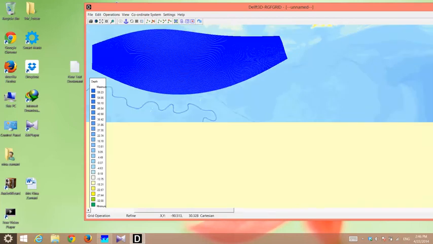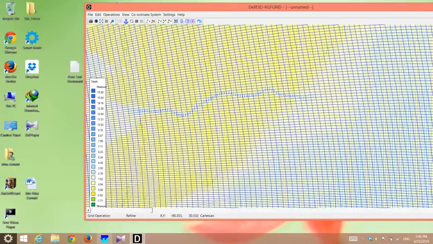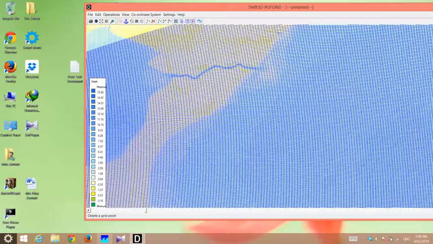Anyway, if in some dry points you don't want grid cells, you could easily come here. Of course, it's kind of too refined now, but by selecting this tool, delete a grid point, you could delete some of your grid points. So these are areas that are always, for example, let's say they're always dry, so you don't need them, so you just click on them and you'll get rid of them. As you see, I'm doing this right now. I advise you to do the same thing while your grid is not too much refined, because you have to